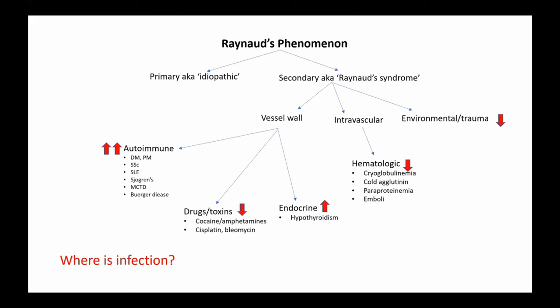As you notice, infections typically do not cause Raynaud's. So as we saw, infection was lower on the list for organizing pneumonia. We were thinking if this weakness was something new, infection was still on the table. But after seeing this, I think infection is extremely low on our differential at this point, and autoimmune is coming up to the top.